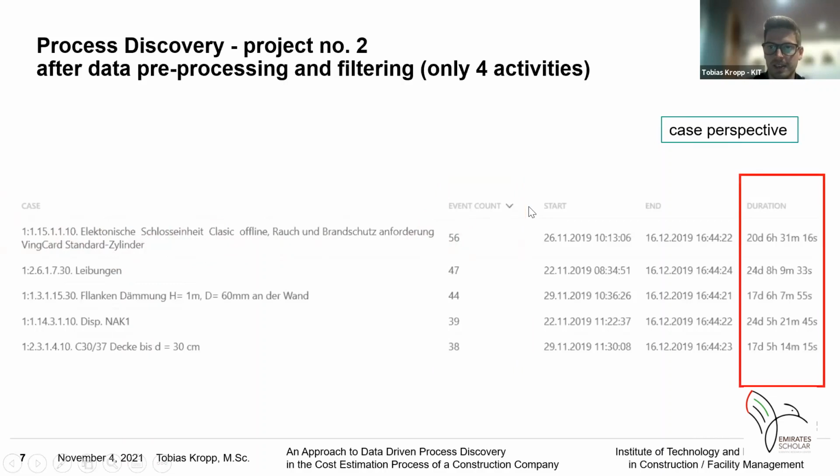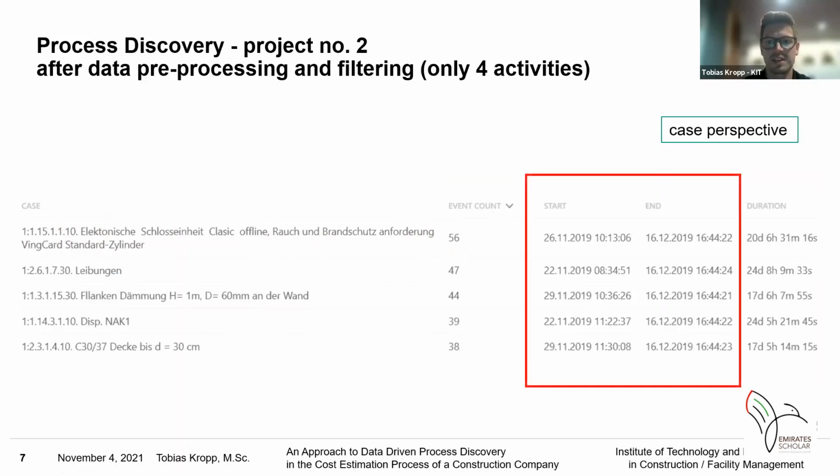Also, you could guess some amount of working time by the duration while the different building parts were calculated, but the event count is actually the major KPI here. Here's also start and end time, when was the first activity connected to the building part, and when was the last activity connected to the building part.